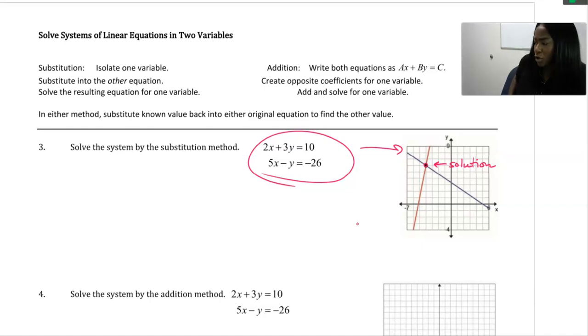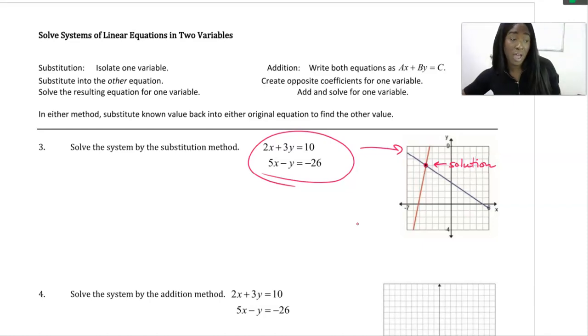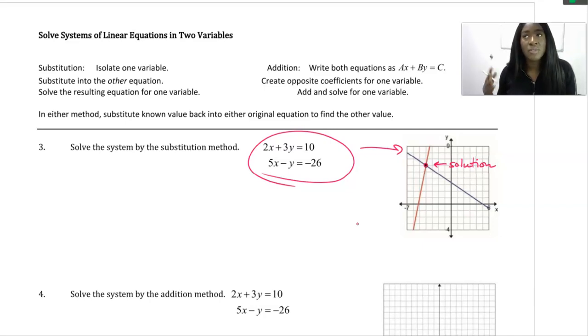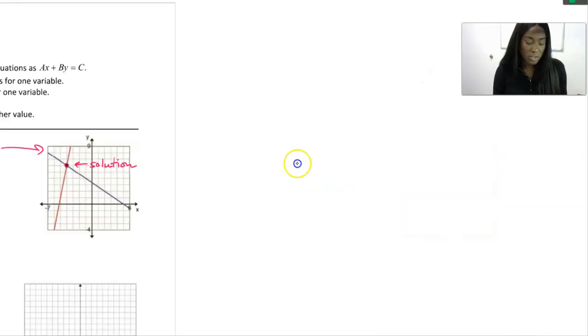Generally speaking, I won't tell you to use one way. Well, no, sometimes I will. Sometimes I will tell you to use one way or the other, but for the most part, you'll be able to just pick whatever method you want to use. Sometimes one method is better than the other for a particular problem, and we'll talk about what characteristics of the problem make it better suited to try substitution or make it better suited to try addition or elimination. So starting off